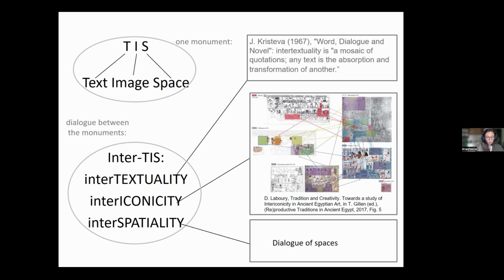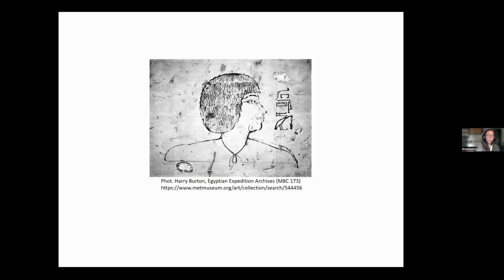In case of architecture, the third factor not to be neglected is the space, and this is something that I propose to term interspatiality. And so, when one monument, be it a tomb or a temple, is the result of combination of these three factors or components, text, image, and space, the dialogue between the monuments shall be considered in terms of intertextuality, intericonicity, and interspatiality. Now, finally, turning from these somewhat abstract considerations to real people, we'll start with Senenmut,